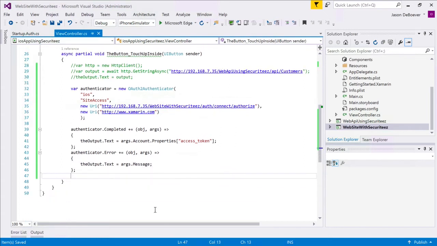And now it's time to actually present this to the user. Now remember, what we're doing is getting a web view, and then the web view is going to be presented to the user, navigated to show content from our authorization server. That way, our user is actually interacting with the authorization server and getting authenticated there and logging in there to the users that are configured there at that website. But then we're going to be able to get the access token back so that we can still act on behalf of the user. So let's get that web view